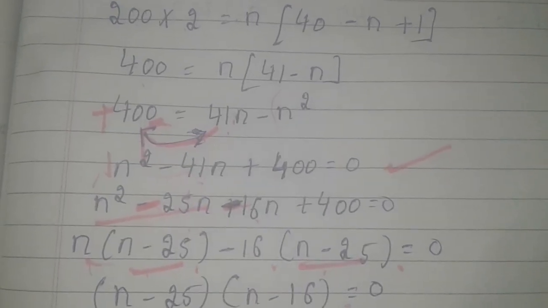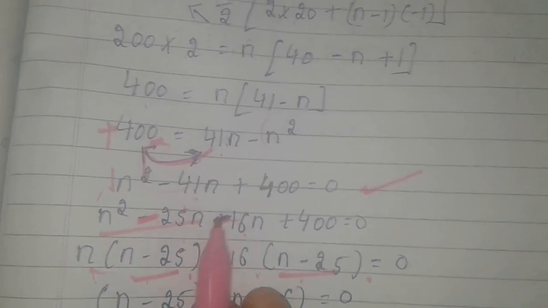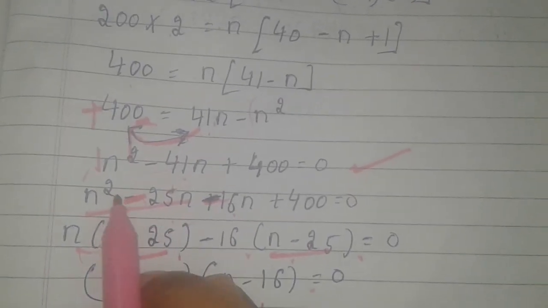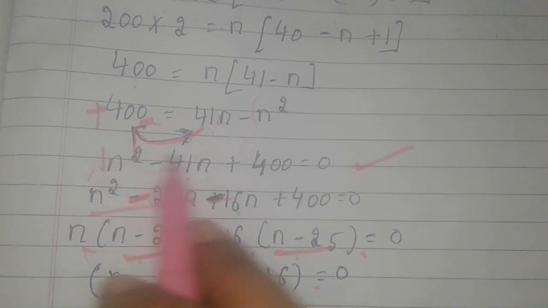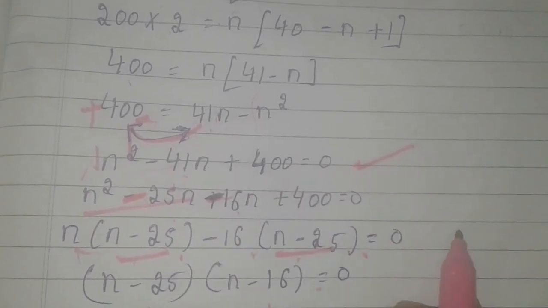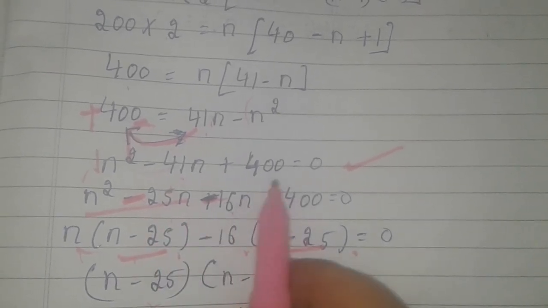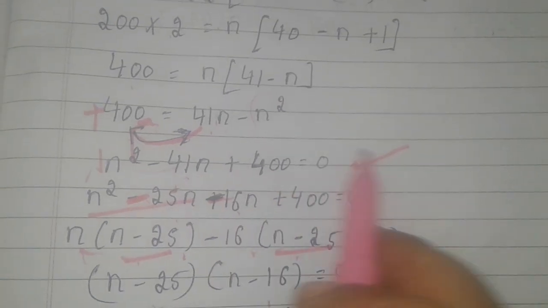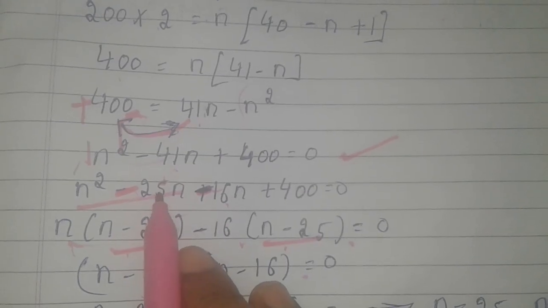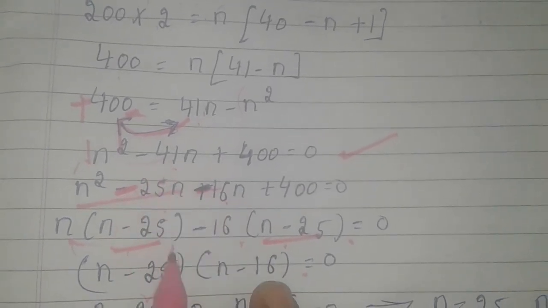In the previous classes I explained two methods of finding the unknown value in a quadratic equation, that is the factorization method and the formula method. So here I am doing the factorization method. 1 into 400 is 400. This is a bigger number, so you can go for prime factorization to find the splitting number. After doing prime factorization, you will come to know that 25 16s are 400. And minus 25 minus 16, when you add with minus sign, we get minus 41.